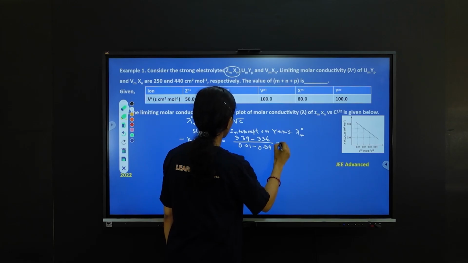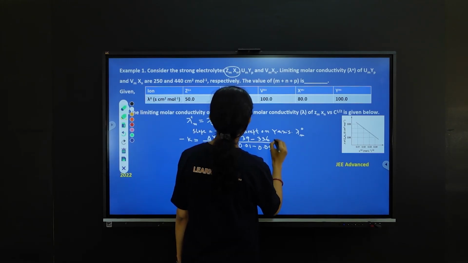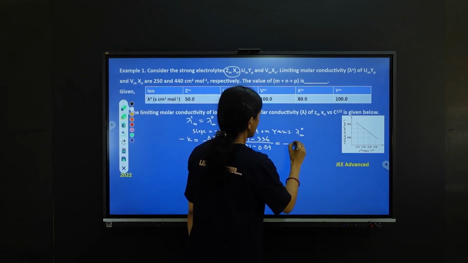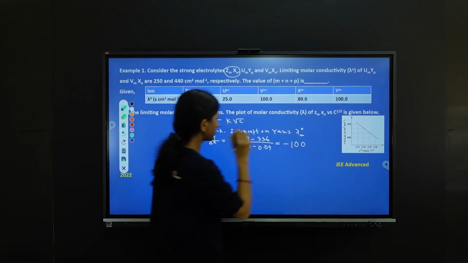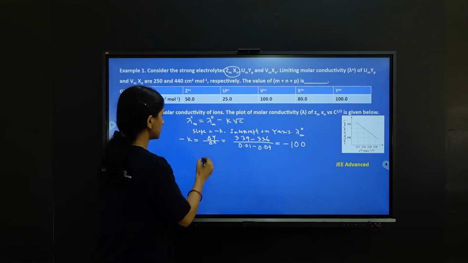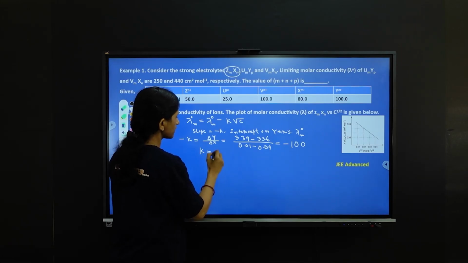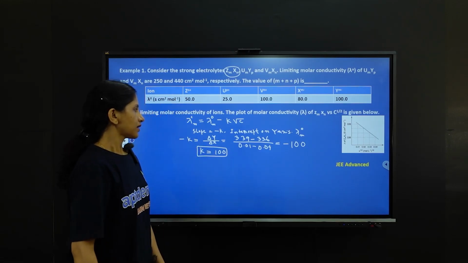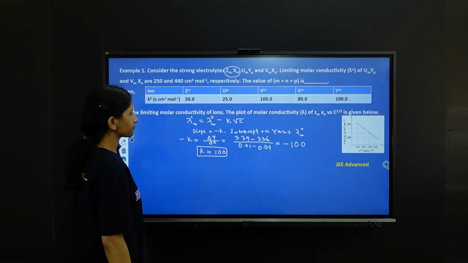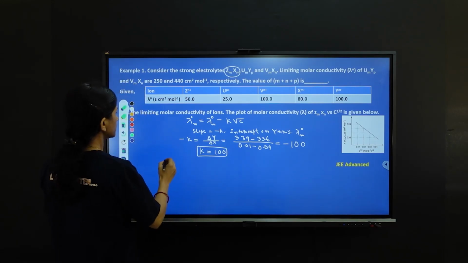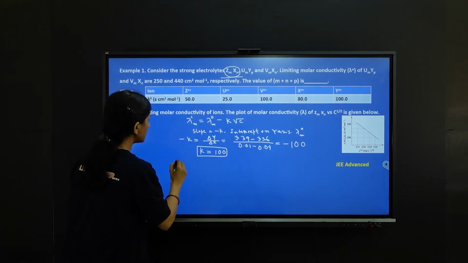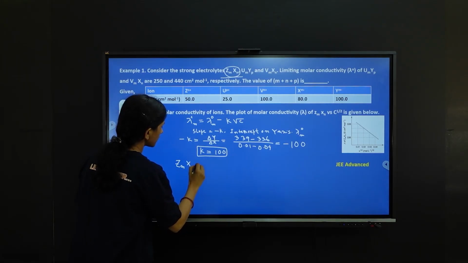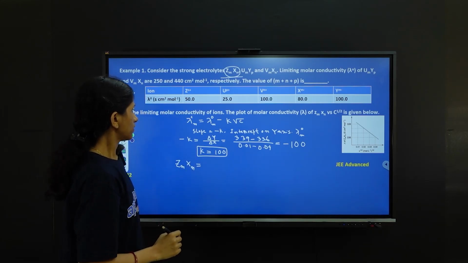Now if you solve, you will get this as minus 100, right? Now if you solve, you will get it. So from here k is coming out as 100, or kappa is coming out as 100. Now for the strong electrolyte, what else can we write? ZmXn can be written as,